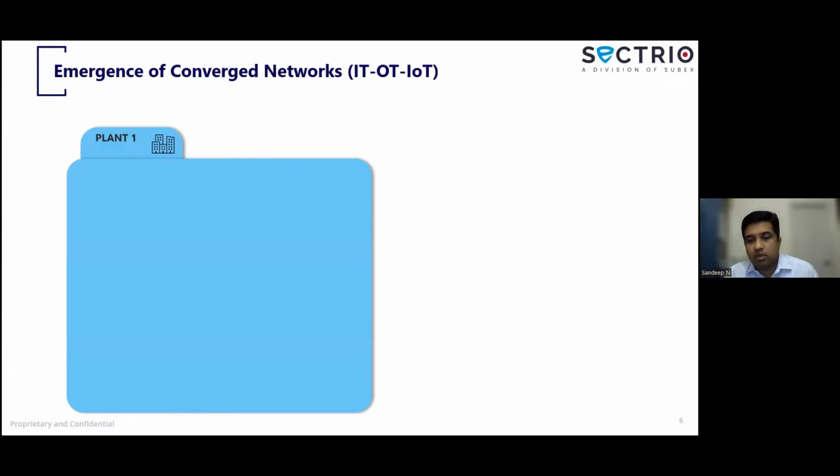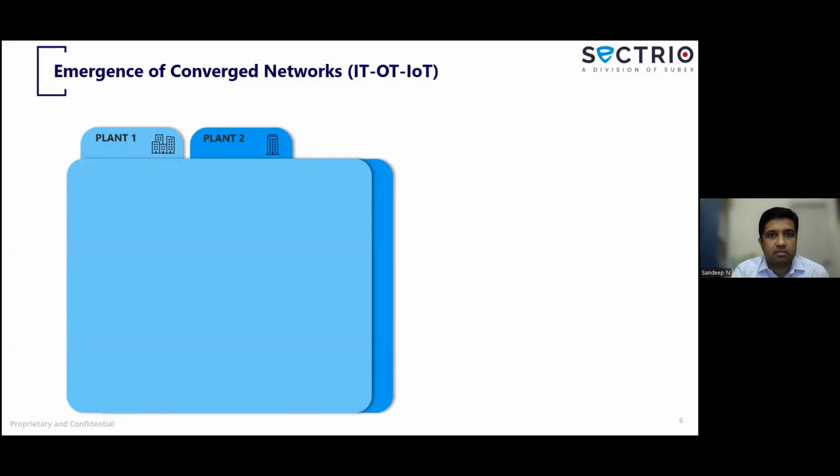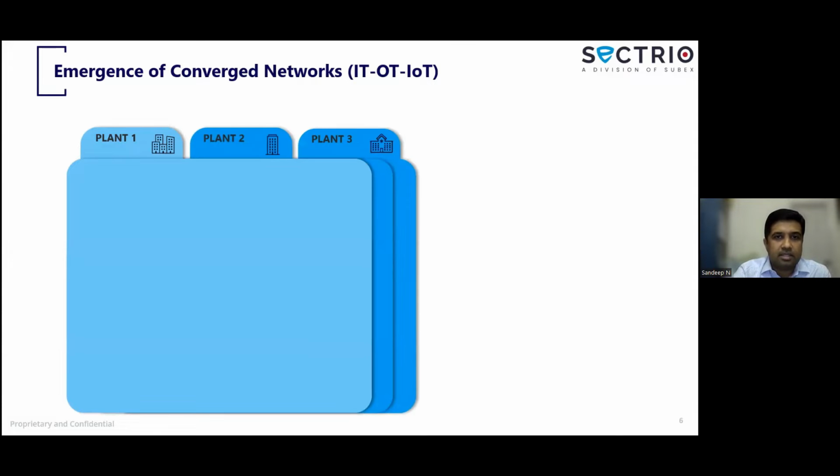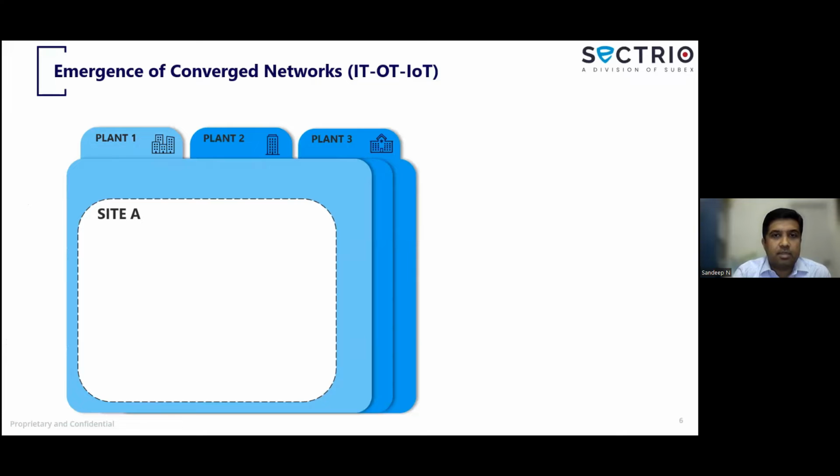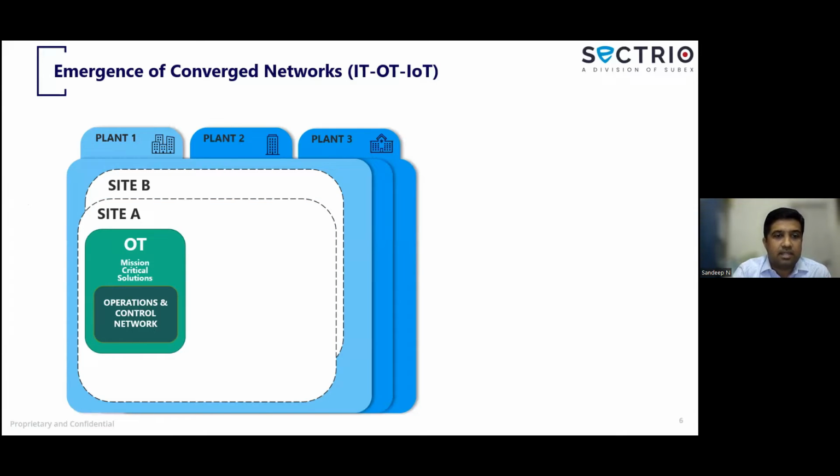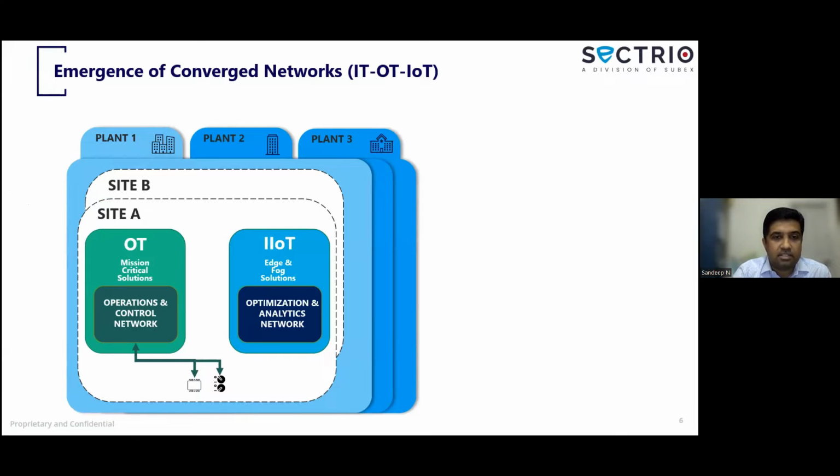So while we were looking at conventional OT networks for a very long time, where there was some convergence with IT, it has now started increasing in terms of IoT also coming in with Industry 4.0 and Industrial IoT coming into the picture. So if we were to take an example of, let's say, three particular plants and multiple sites in each of these plants, then you have your OT networks that are connected to your devices and sensors, field devices,